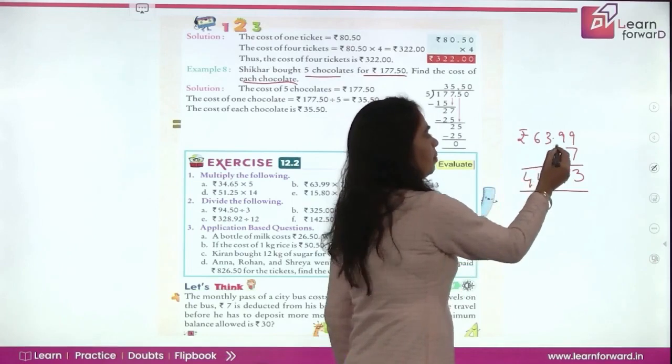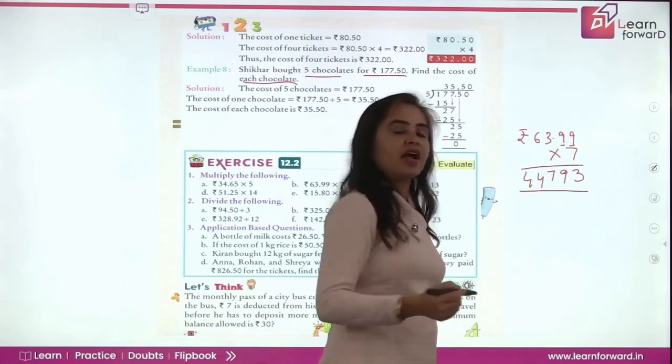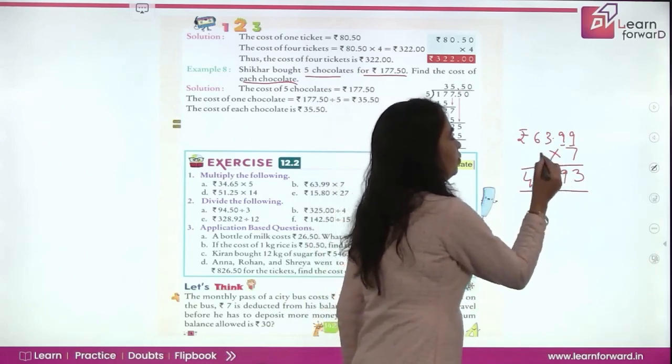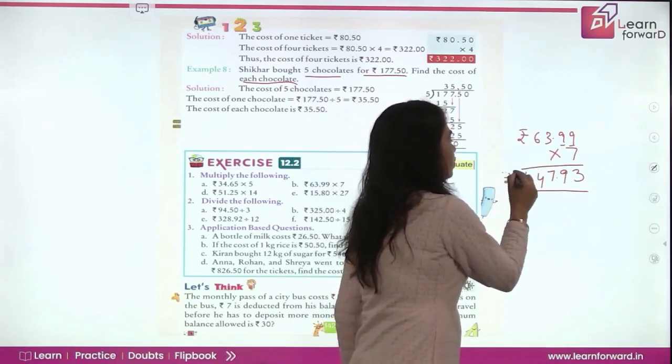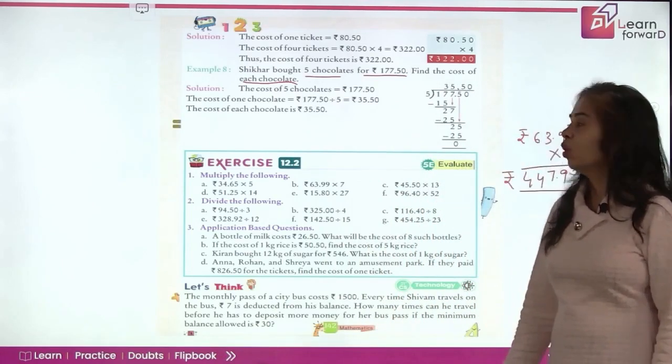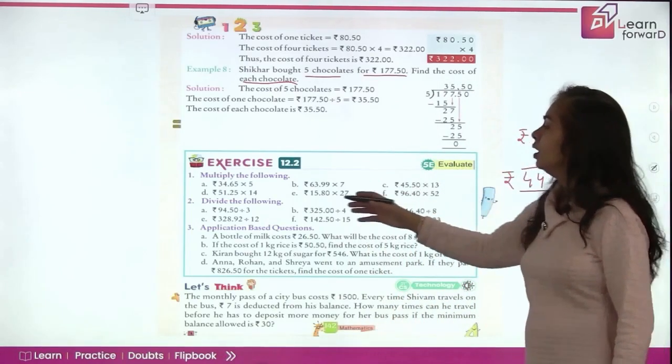Now count the number of decimal places. Here we have 2 and in rupees paisa we will always have 2 places. So we will put a decimal here. Make sure you write rupees here. The unit is very important in maths always. Now coming to division part,